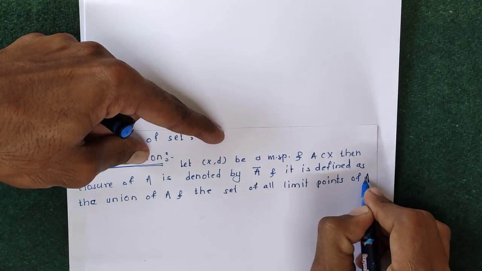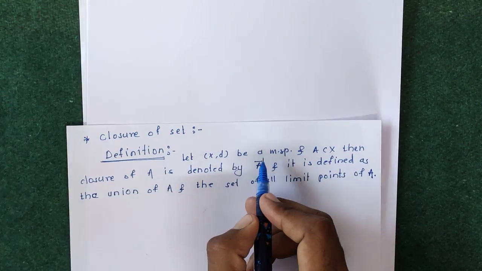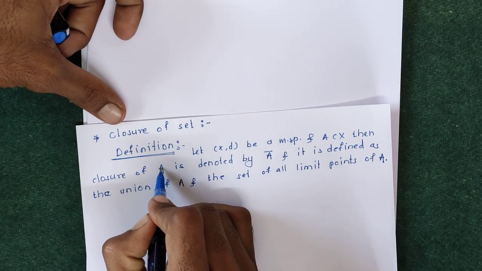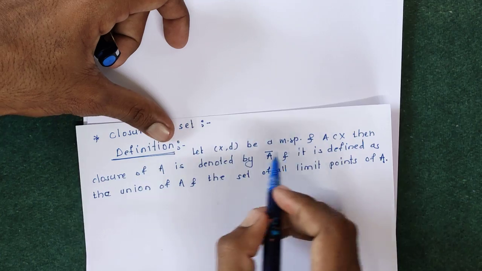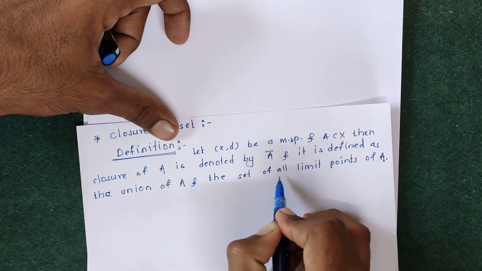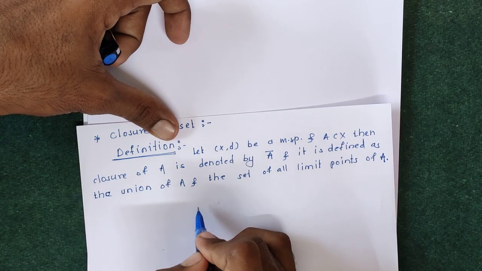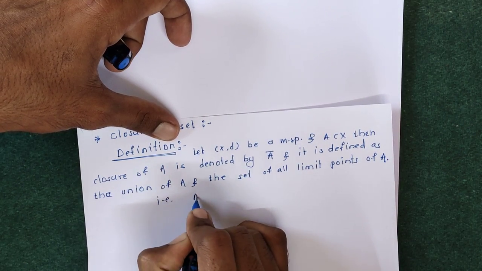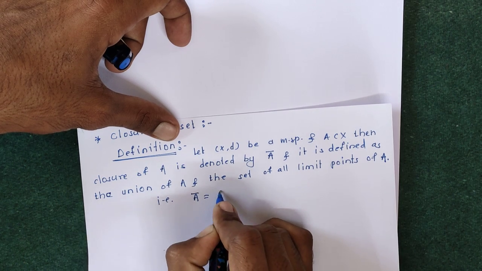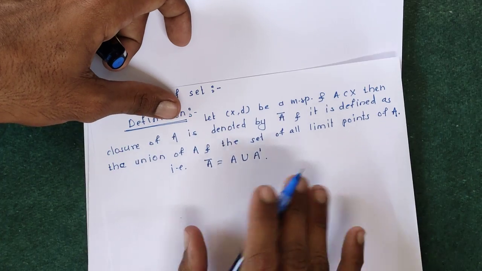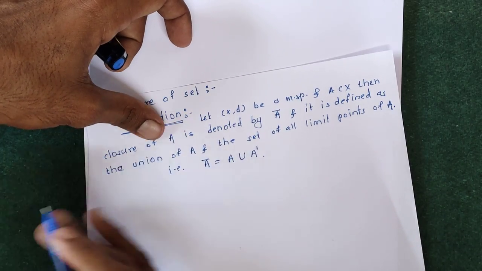So a subset of metric space X is said to be the closure of that set A whenever that set is equal to A union A together with the set of limit points. So A union limit points of A, that is we can write A closure is the set of A union limit points of A, or in other words we can say that